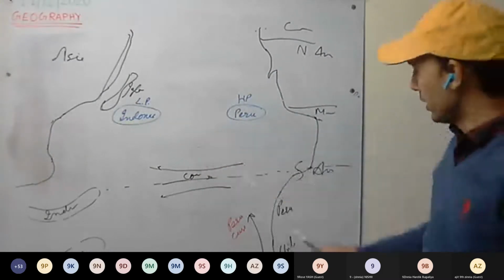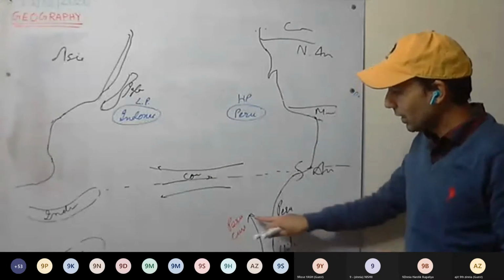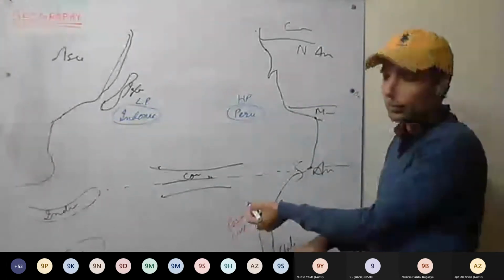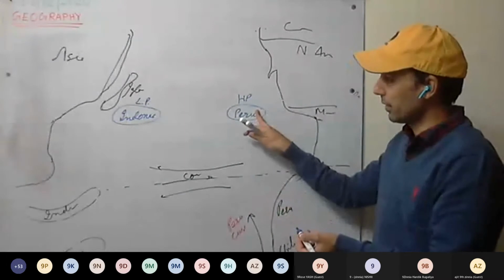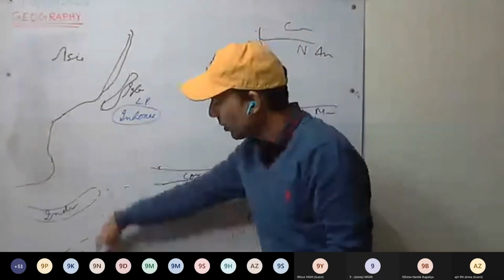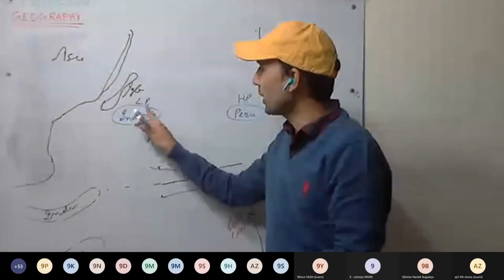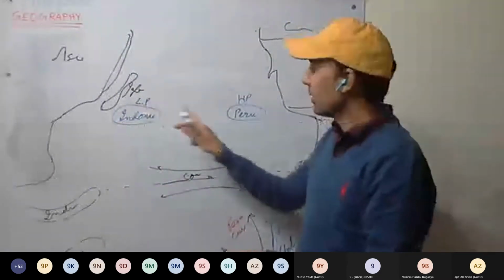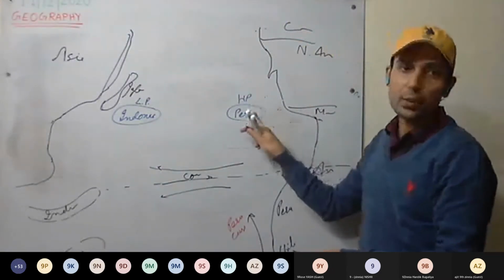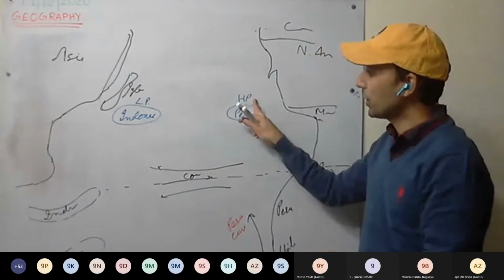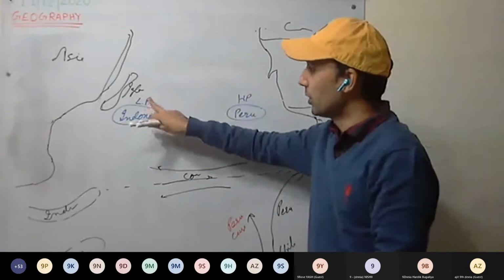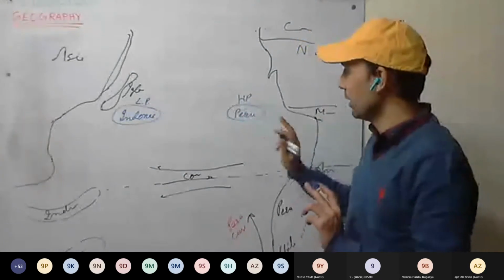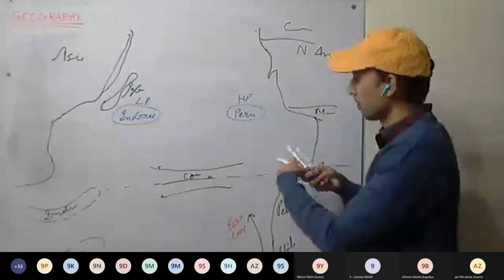Have you understood this one? Because near Peru and Chile we have the cold Peru current, high pressure will be here. In Indonesia, a warm current is there, and because of the warm current, low pressure will be there. Air above the warm current will get heated; air above the cold current will get cold. So high pressure will develop here and low pressure there. Low density, low pressure; high density here, high pressure. This is clear.